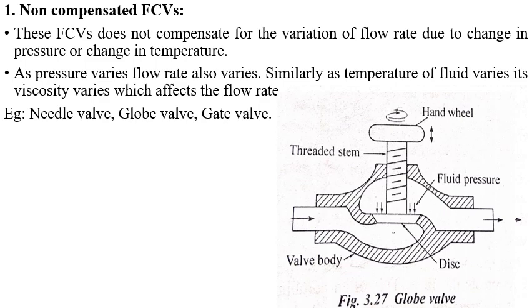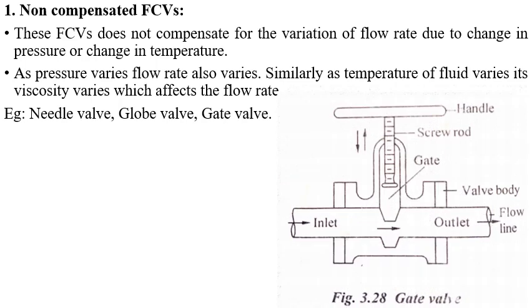And here is one more, the gate valve. See, the working principle and operation are the same as the needle valve and globe valve. In the place of a needle or globe, here a gate is provided. Whatever functions are carried out by the needle and globe, the same work is carried out using a gate. The gate can be opened partially or fully. So in the pipeline you can achieve the required flow rate of the fluid by using a gate, and the gate is operated by a hand wheel.